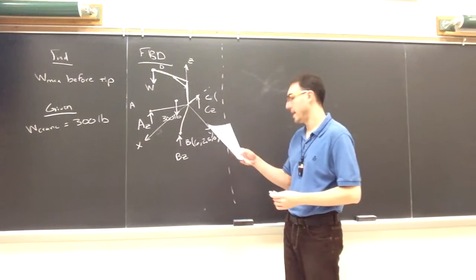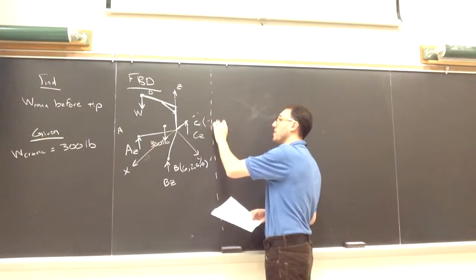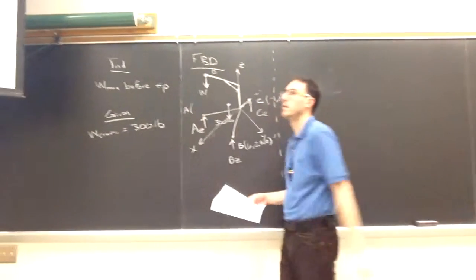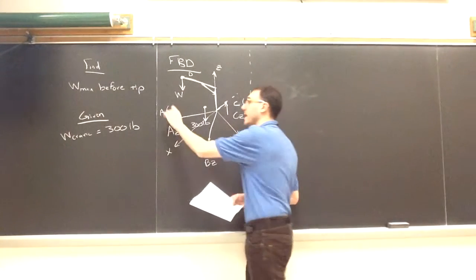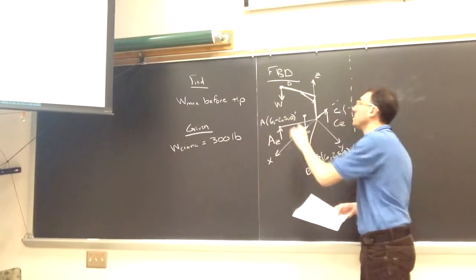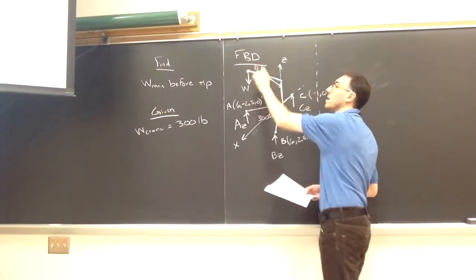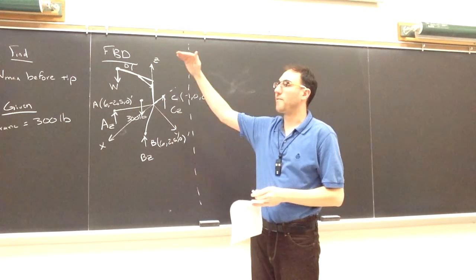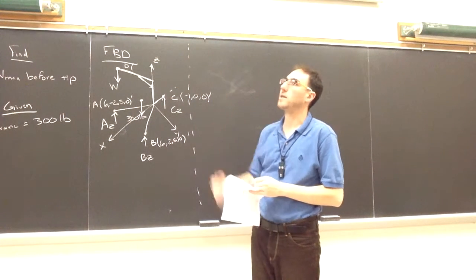C is located at negative 1, 0, 0. A will be at 6, negative 2.5, 0. And to get to D, we have to go up the vertical boom arm and then out across that 30